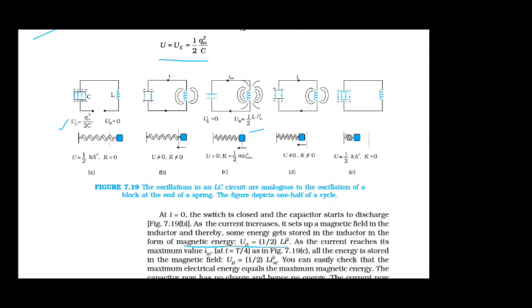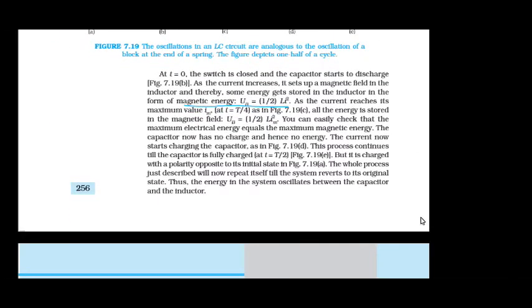You can easily check that the maximum electrical energy is equal to the maximum magnetic energy. The capacitor now has no charge and hence no energy. The current now starts charging the capacitor. In figure 7.19d, the process continues till the capacitor is fully charged at t is equal to T by 2, figure 7.19e, but it is charged with a polarity opposite to the initial state in 7.19a. The whole process just described now repeats itself